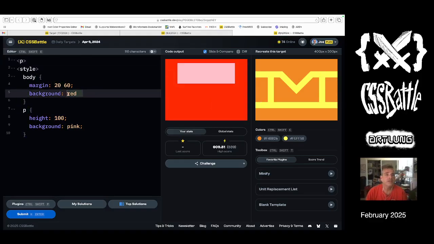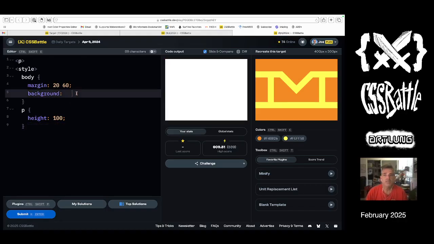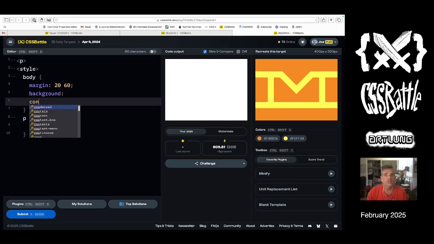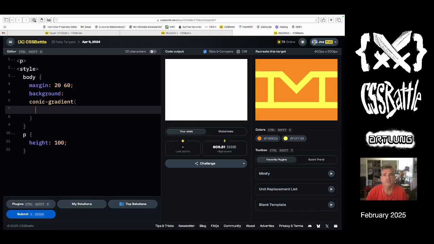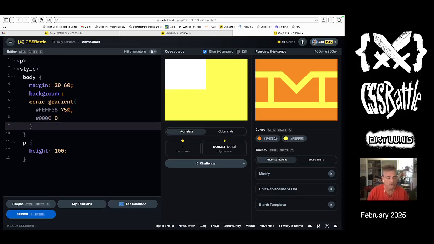So this is a conic gradient. So we're going to do what? Remove. I think we are going to need an element, but we're going to do that last. But a conic gradient that repeats only on the x-axis, I think will get us a bunch of the way there. Conic gradient of this color, 75% around, and then transparent, 0. I'm going to put it over like 40 pixels and down 100 pixels, and then have